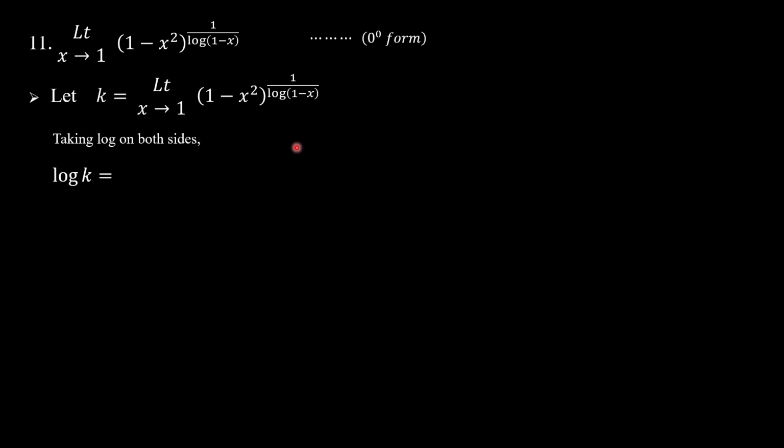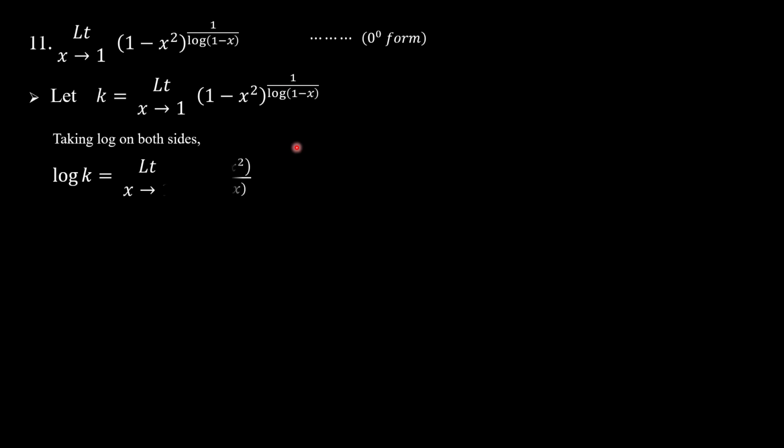Last problem. Find limit of 1 minus x square power 1 by log of 1 minus x as x extends to 1, which is of the form 0 to the power 0. So take k is equal to limit x tending to 1 of 1 minus x square power 1 by log of 1 minus x. By taking log on both the sides, we will get log k is equal to limit x tending to 1,